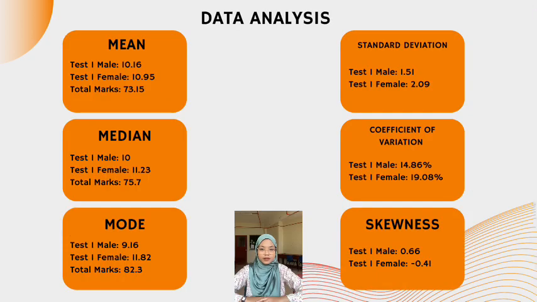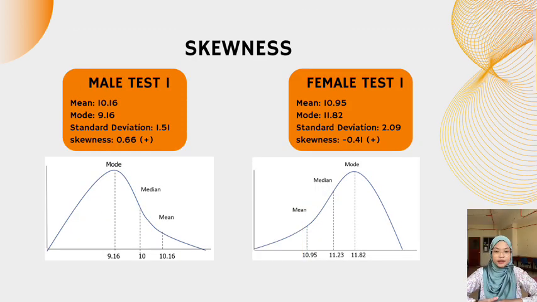So this is the data analysis for mean, median and mode, and also standard deviation, coefficient of variation and also skewness. For skewness, we can see the differences between male test 1 and female test 1. For male test 1, we got positive skewness, which means the mode is smaller than the mean. And for female test 1, we got negative skewness, which means the mode is bigger than the mean. So for female, we got negative